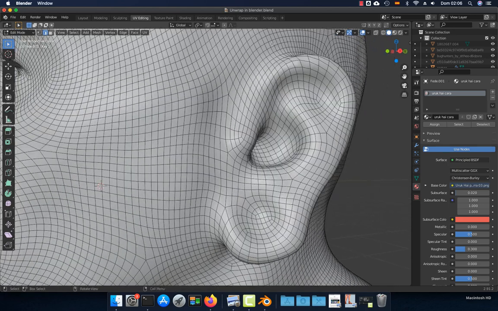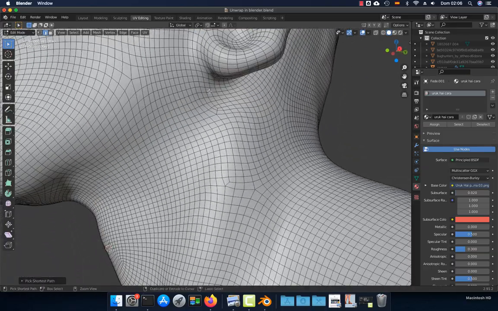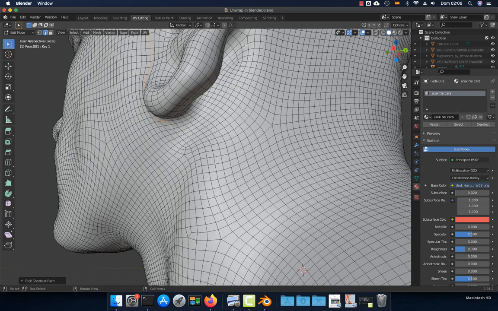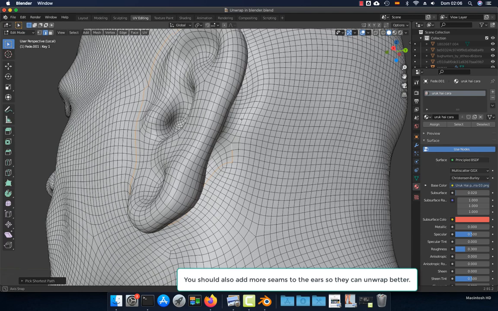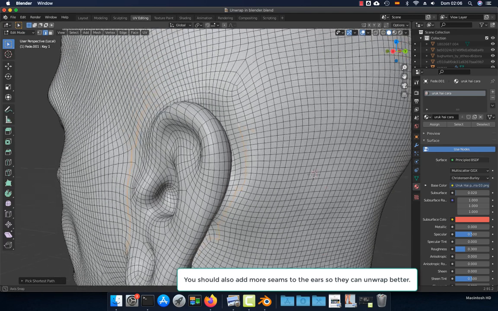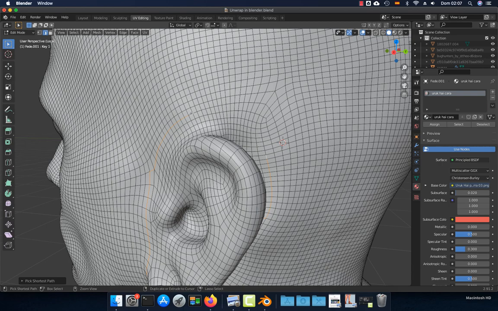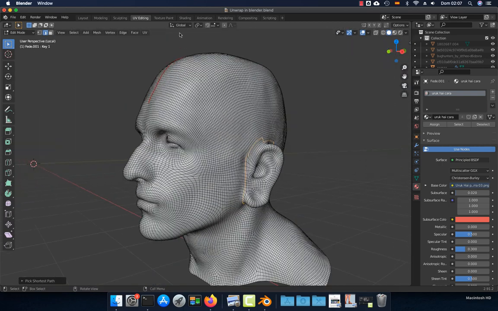Let's go to the other side. I'm pressing Ctrl, so Blender selects the shortest path. UV, mark seam,